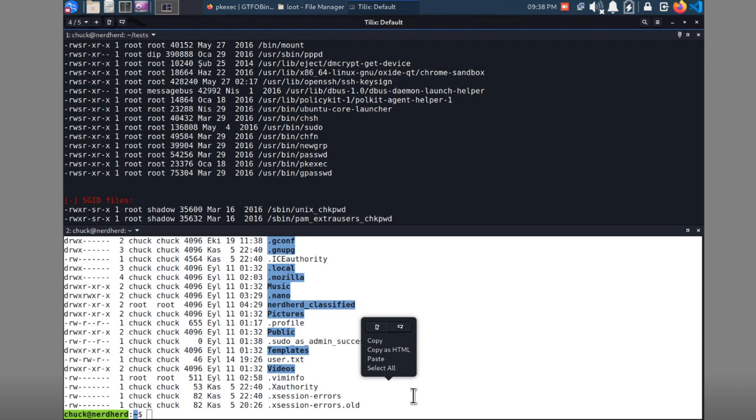Permission denied. Okay, so not much out of that. We could do linps. I think the next thing we're going to need to start looking at is